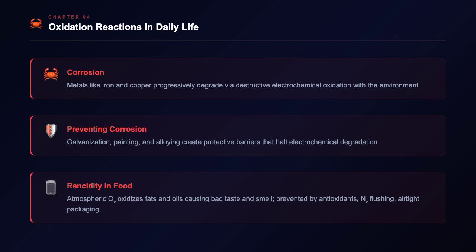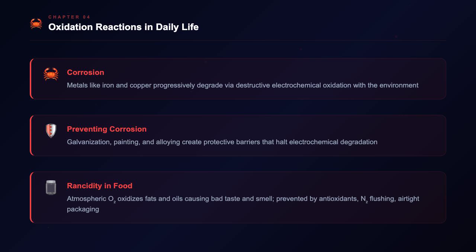Corrosion progressively degrades environmental metals like iron and copper through destructive electrochemical reactions, though it can be mitigated via protective methods like galvanization and painting. Similarly, rancidity develops when atmospheric oxygen oxidizes fats and oils in food, a breakdown that manufacturers prevent using antioxidants, nitrogen